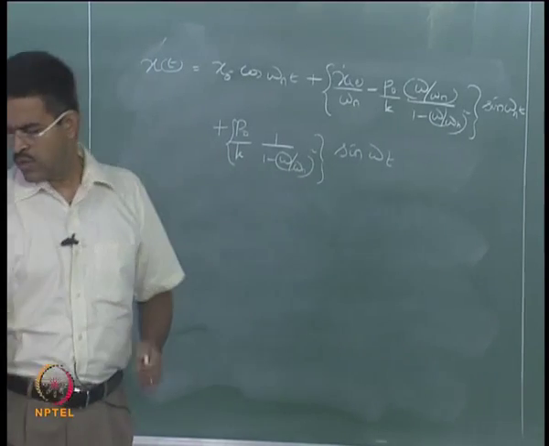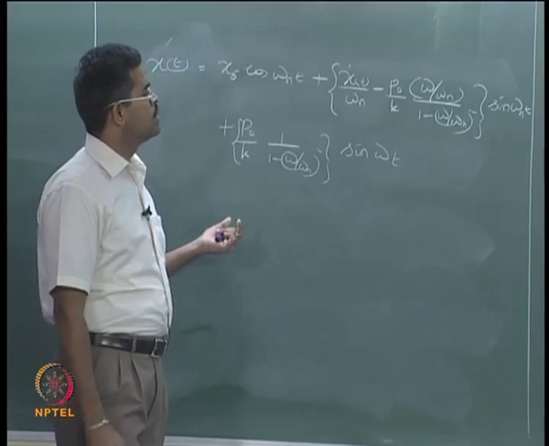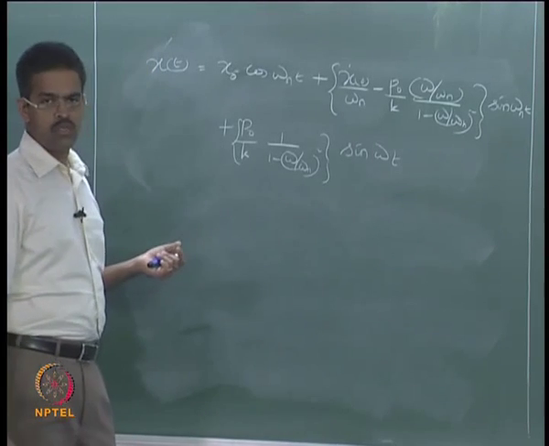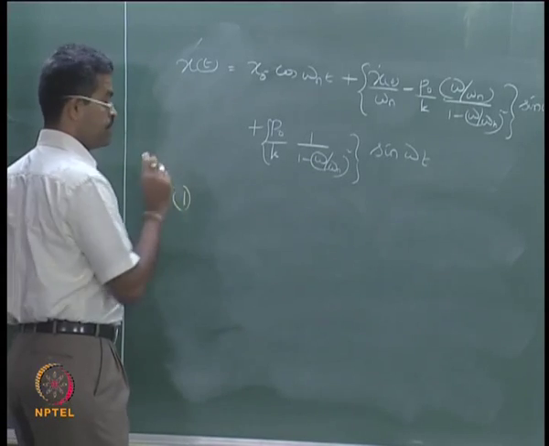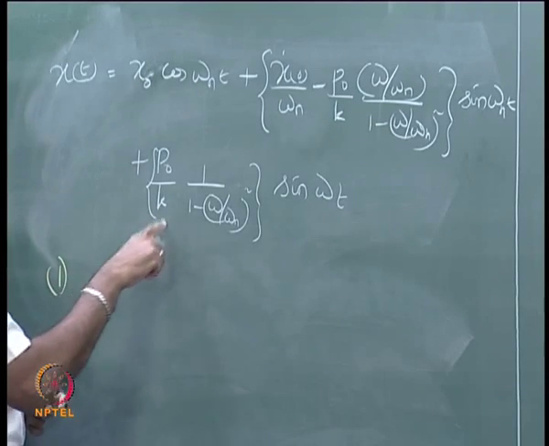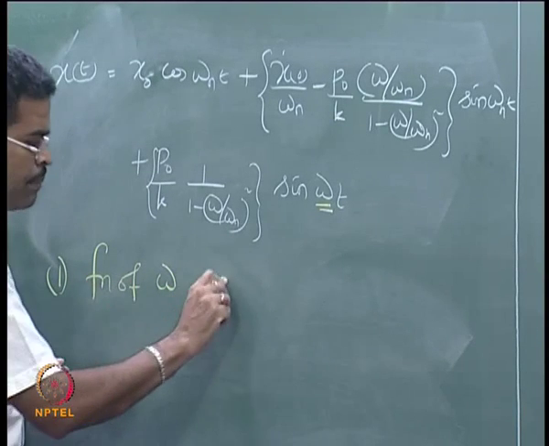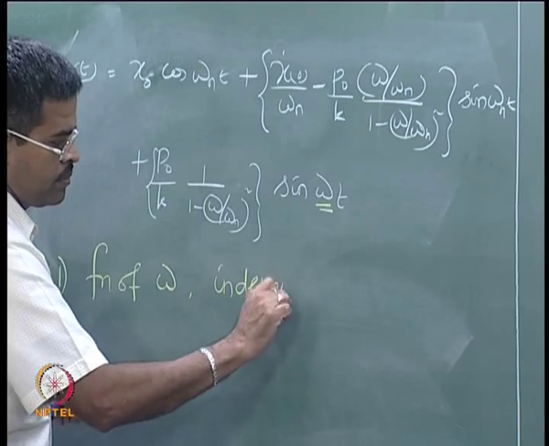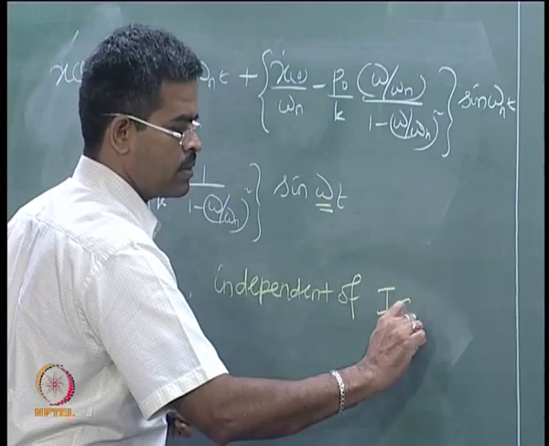Now, there are two exclusive components which you can distinctly see from this result. What are those two different components? The first component what you see here is a function of omega, which is independent of any initial condition,